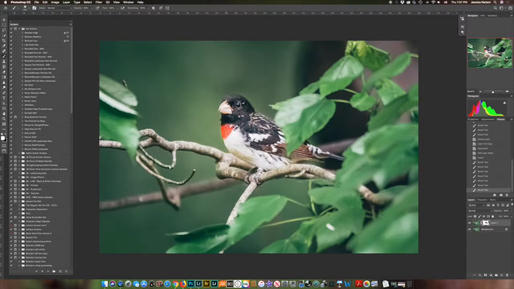Okay, so if I turn this off, you can see noise is everywhere, and when I turn it on, noise reduction is just on my background. And I like to keep it that way so that everything that is detail oriented, the eyes, the beak, the feet, some of the branches, and the